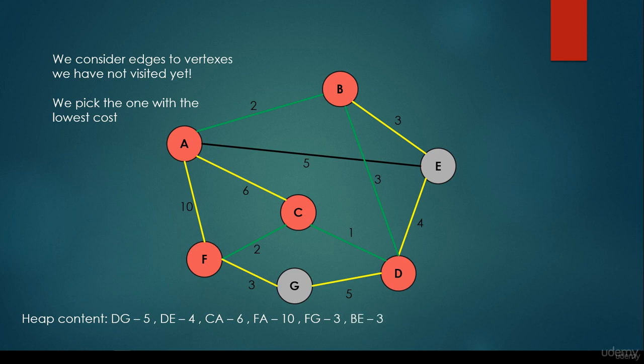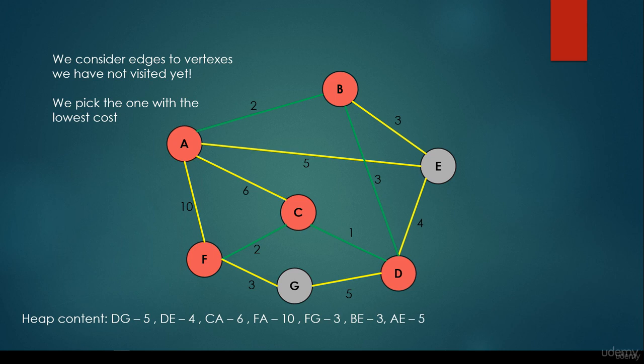So we have to visit all the neighbor vertices of vertex A, but we have already considered F, C, and B. The single vertex we haven't considered so far from vertex A is the vertex E. So that's why we add it to the heap. The edge weight is 5.